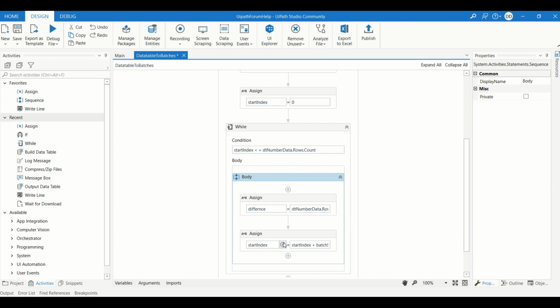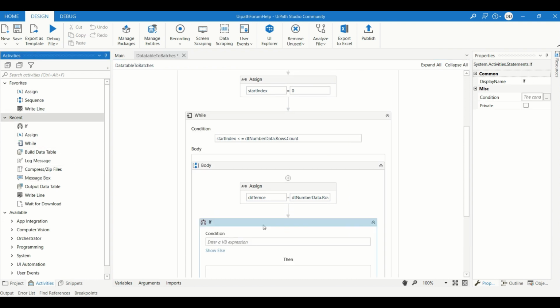But the problem here is, suppose we are iterating through, there are 10 data items over here. When we iterate the third time, the start index will be 12 and it will not enter the while loop, so 2 rows will be left out. To counter that problem, we will take one more if condition.